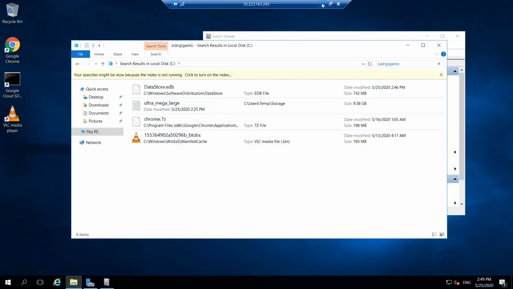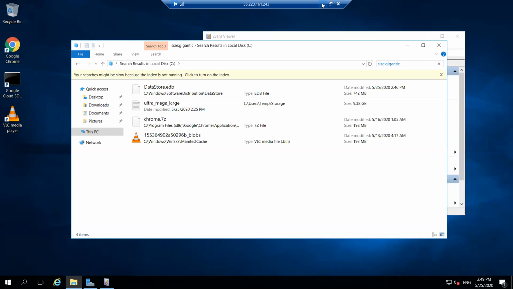As I already said, you are only interested in file size at the moment, so we click the size drop down and choose gigantic to start a search for files over 120 MB. The search can take some time and multiple files may appear in your search, but we are only interested in the largest, which is almost 10 GB.